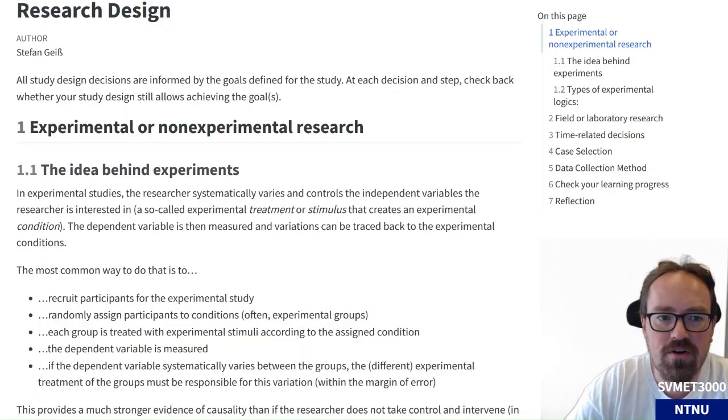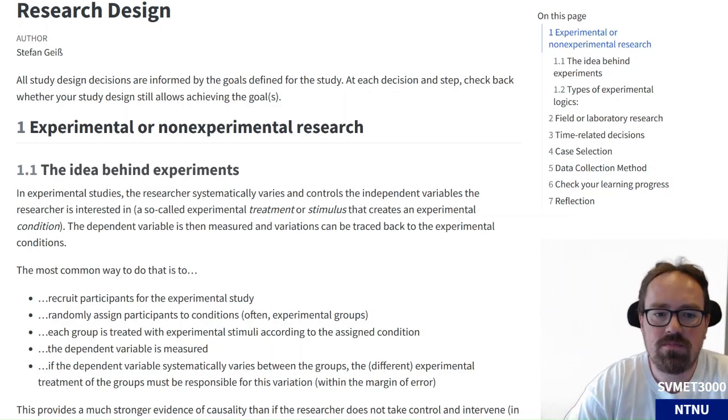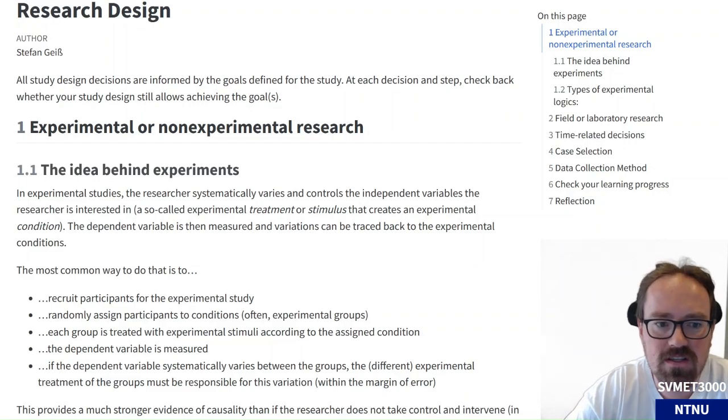Let's explore different facets of research design. First, I want to cover experimental versus non-experimental research, one of the major decisions that researchers are facing when designing a study. First of all,